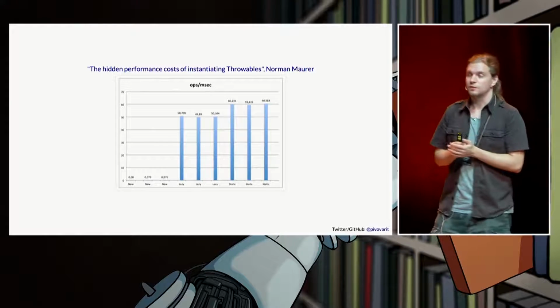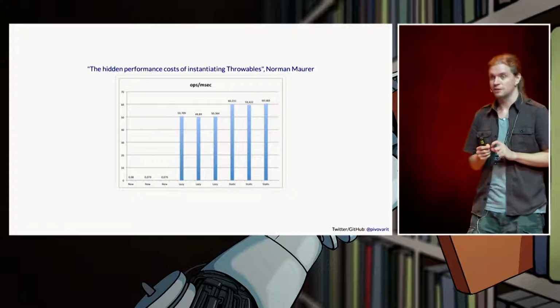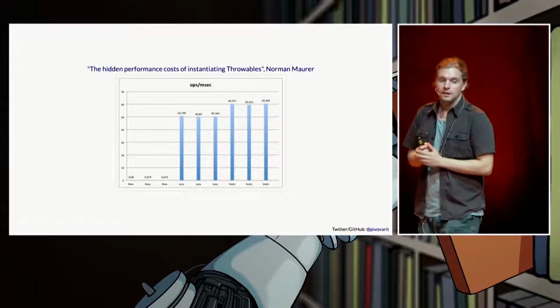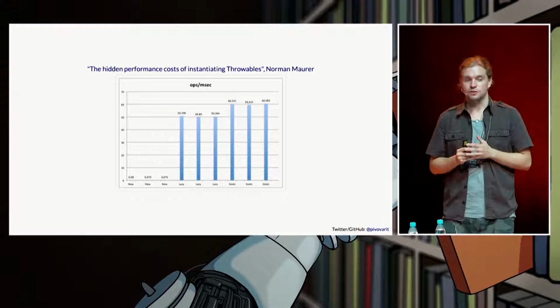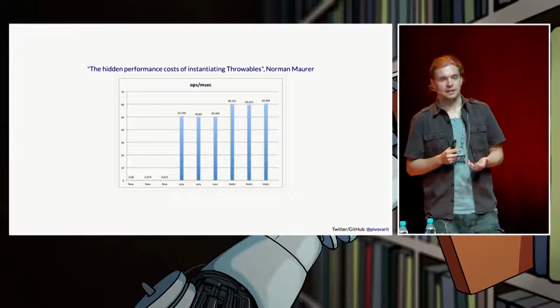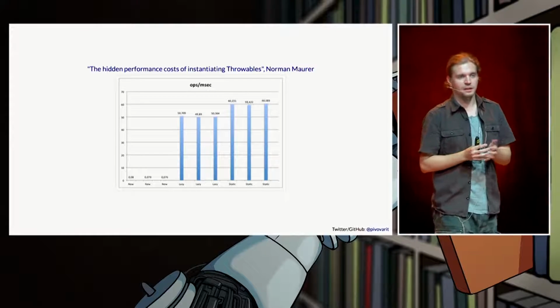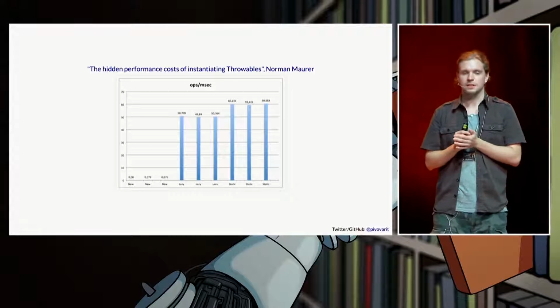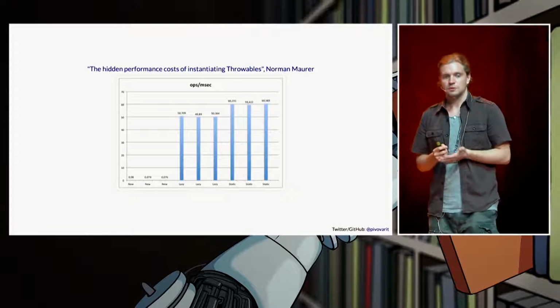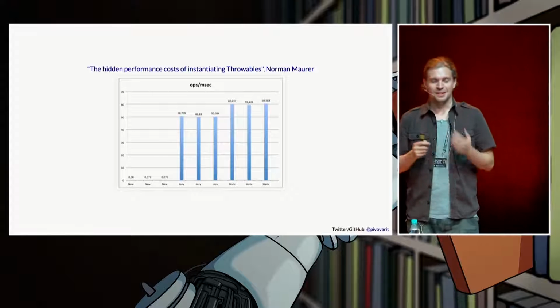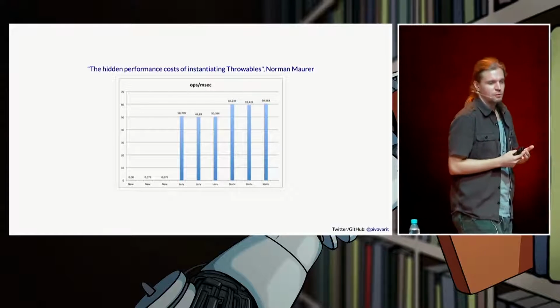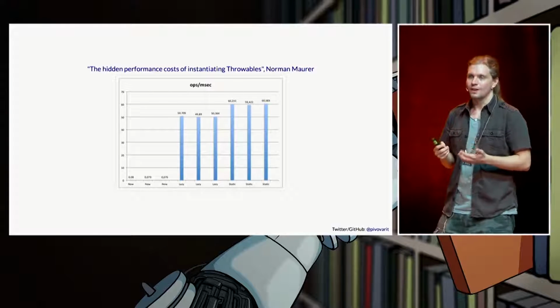some kind of error with the graph. But no, there are actually those bars, but they are super low. So as you can see, the difference is huge. On the right side, with stackless and without playing with stack traces, we got 60 operations per millisecond. But on the other hand, using the standard approach, we get way lower than 1 per millisecond.